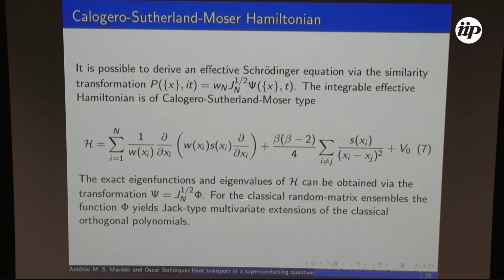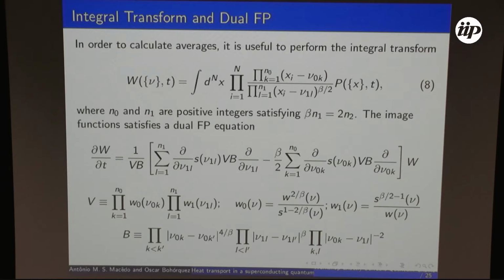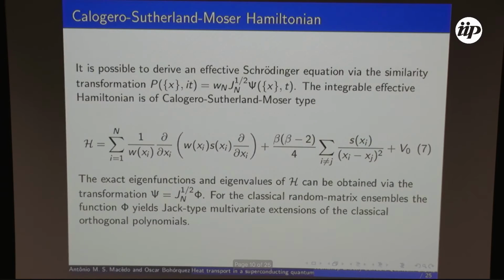And the results for all the classical ensembles have been studied and are in the literature. We have also made some contribution to this. And these are old papers, and you can relate it to Jack-type multivariate extensions of classical orthogonal polynomials. So it's a complete construction, okay? You get a Rodrigues-type formula. It's called a Lasalle-type formula in the technical literature, but you get them explicit. Okay, once this is known, does this solve the problem?